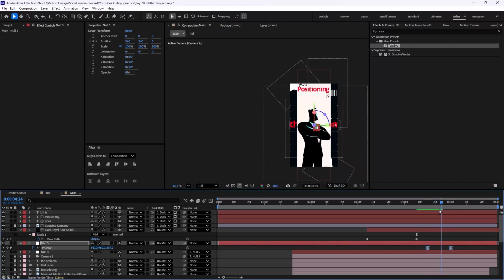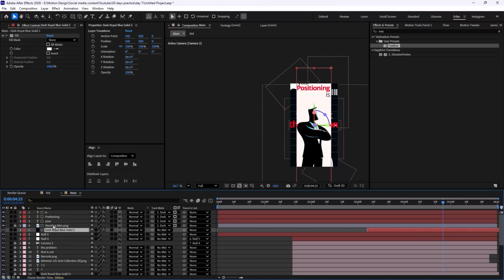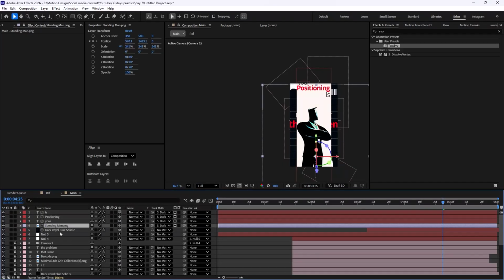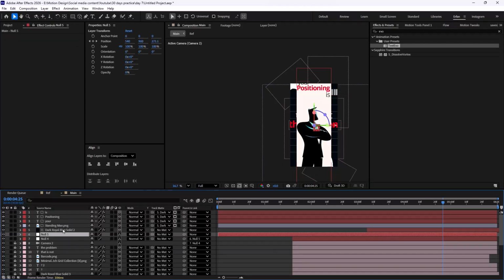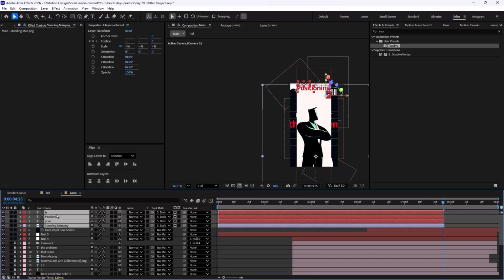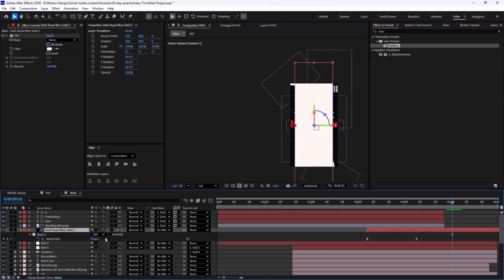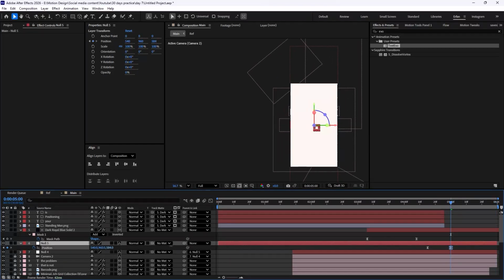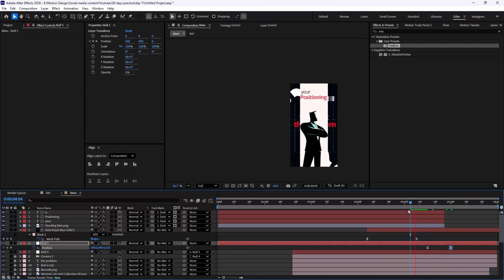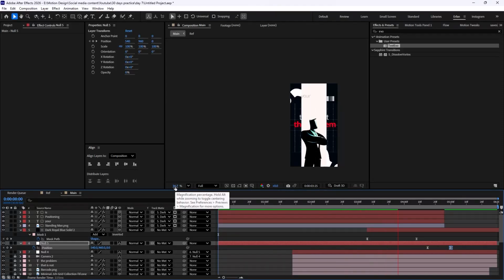And once we are zooming on here, what we can do is that we can just basically cut all of these layers like this. And this will zoom into the background that we want. So basically like this. And so here's gonna be the final result, and I hope you like it.